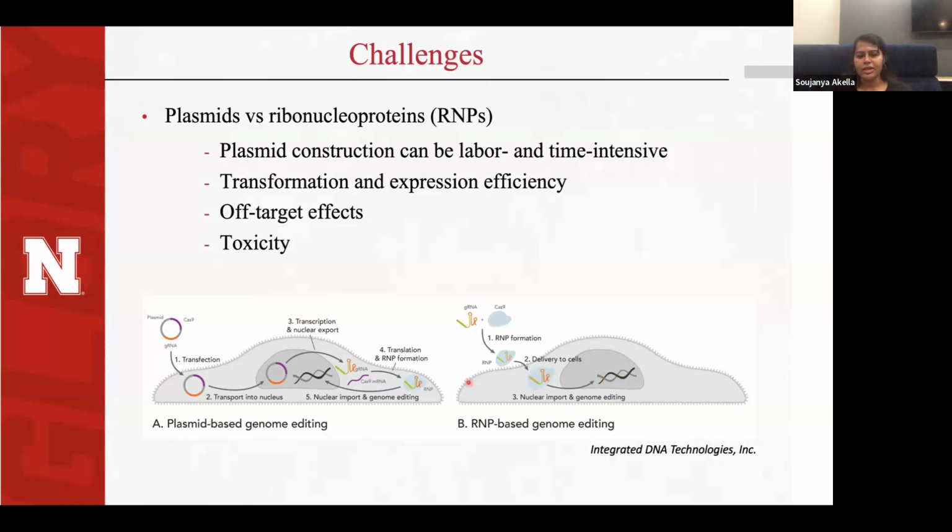So you can imagine, if you go the plasmid route, which is actually the conventional method in many kinds of organisms, you have to first construct that plasmid. You design it, you construct it. It can be labor intensive, it can be time intensive, right? You have to make all the parts, put them together, and sequence it to make sure there are no errors anywhere. And the plasmids can get pretty big, because your Cas9 gene is, I think, like 4 kb or something like that. Your guide RNA